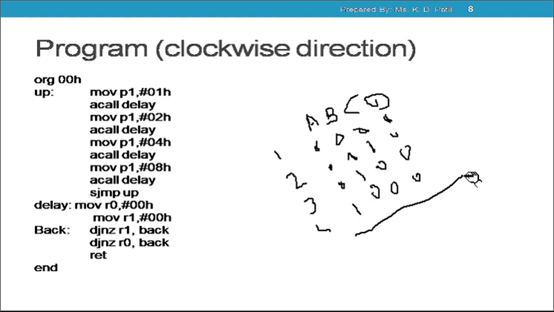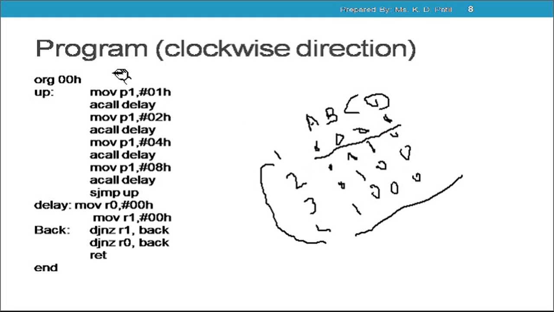In this manner, in the wave mode of the stepper motor, the current will be supplied and it will rotate. Once the current is supplied to A, again it can be rotated, and again the sequence will start from first to fourth. Okay. As we have interfaced our stepper motor with port 1 of the 8051 microcontroller, the step sequence,